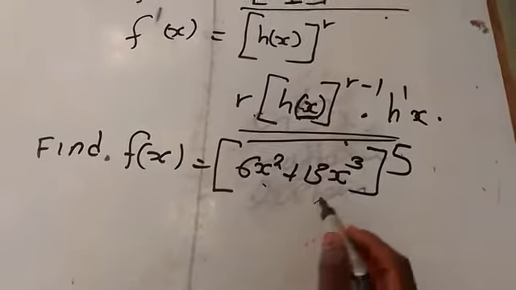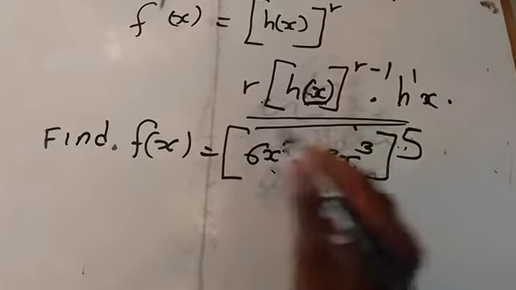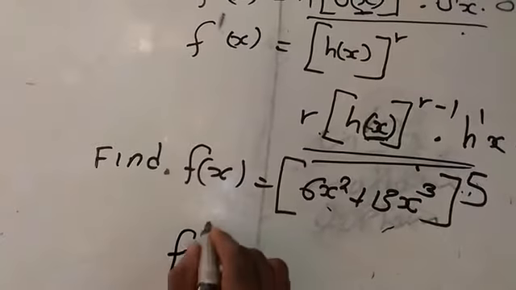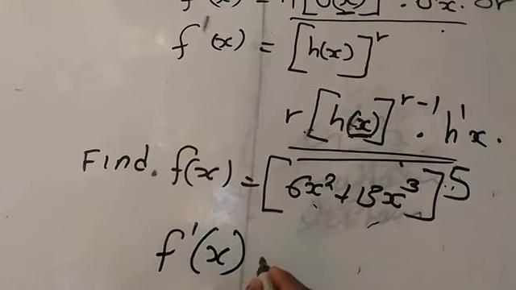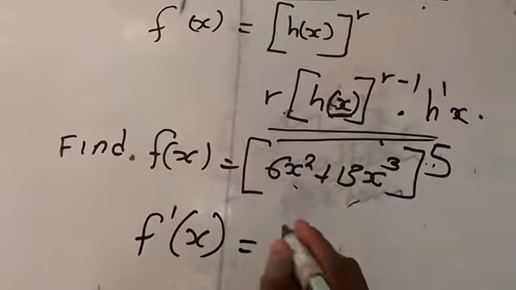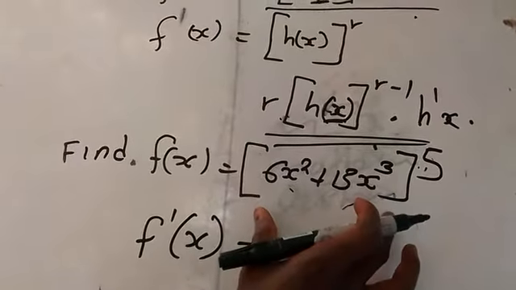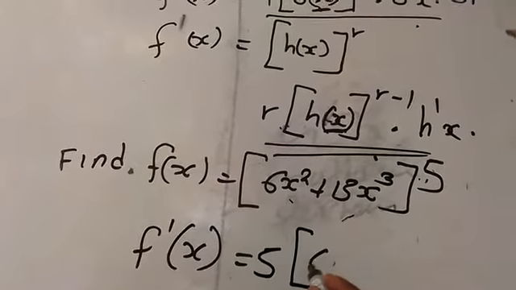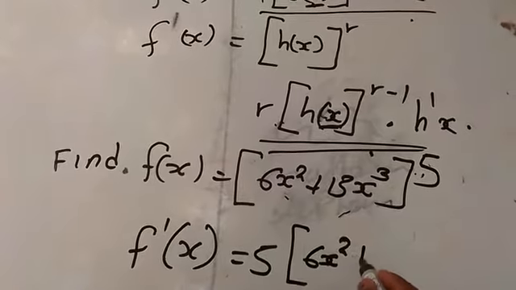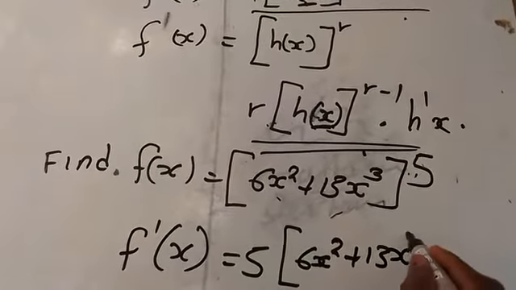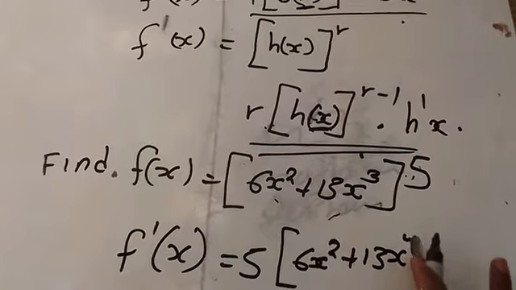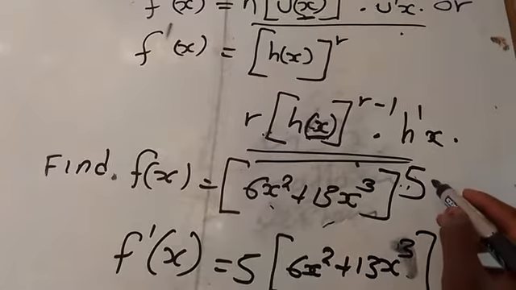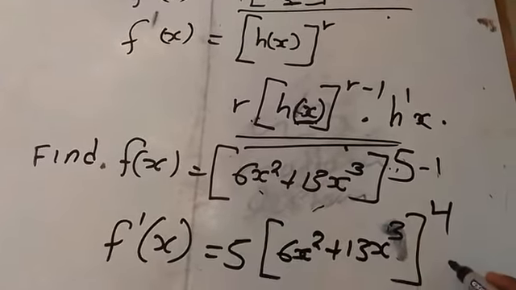We first differentiate the outside function, so f prime of x will be equal to 5 into 6x squared plus 13x cubed raised to 5 minus 1, which will be 4, multiplied by